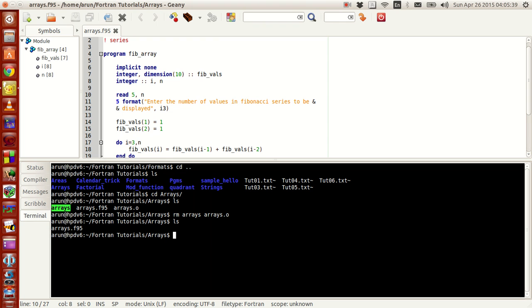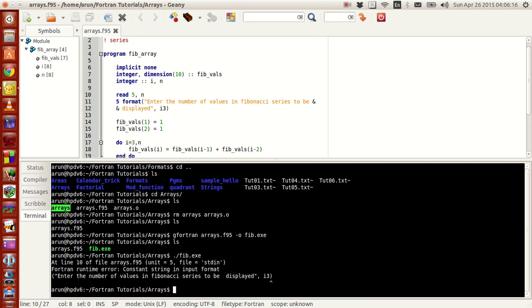Now, instead of doing a two-step compilation procedure to get your executable as per your name, there's another way to do that. You just type Fortran and then your file, and then the minus o flag, and then type fib.exe. You click enter, it works fine, nothing pops up, but actually this executable gets created. So if I just type fib.exe and click enter,